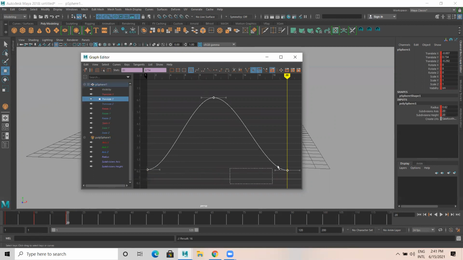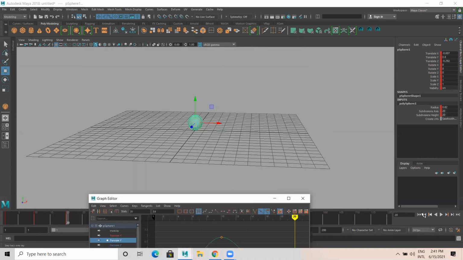Here the value is 0.734, here 0.79. Let me select this and make it 0.8. I select this and make it 0.8. And this is 7. That's okay. So the value of the first frame and the last frame is all the same. Only this much we have done for the animation. Let's see how this looks. That's it, you have only one animation, nothing else.